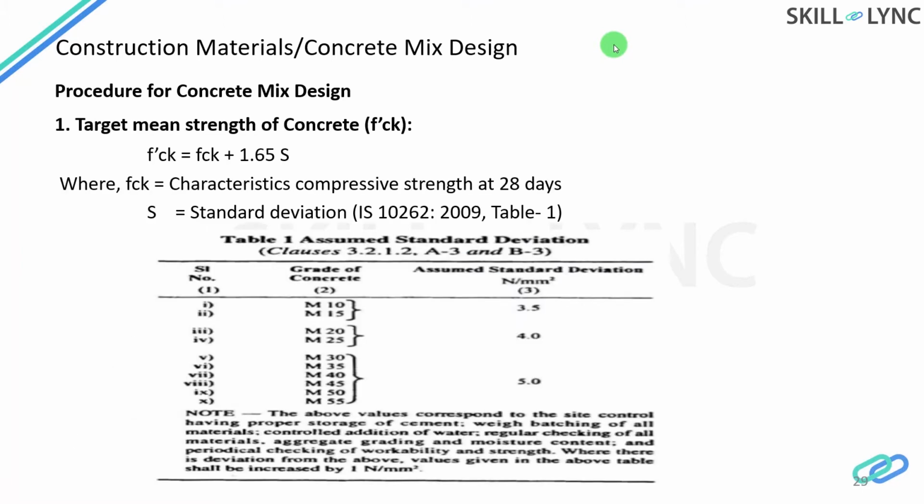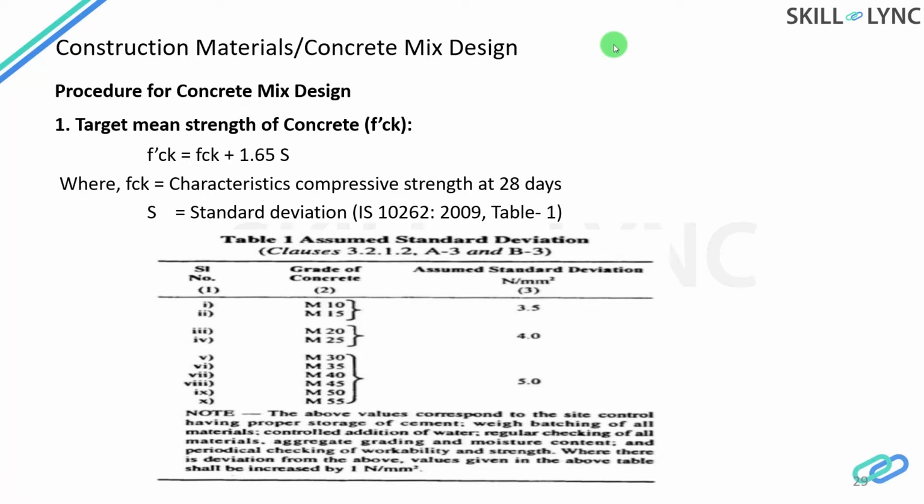I have listed down the steps which need to be followed for calculating the concrete mix design. First one is to calculate the target mean strength of concrete. That is calculated using the formula F-CK dash is equal to FCK plus 1.65 S, where F-CK dash is the target mean strength of concrete, FCK is the characteristic compressive strength at 28 days, and S is the standard deviation that can be obtained from IS